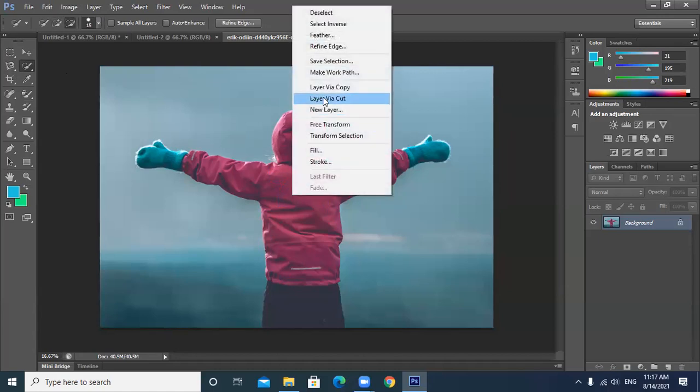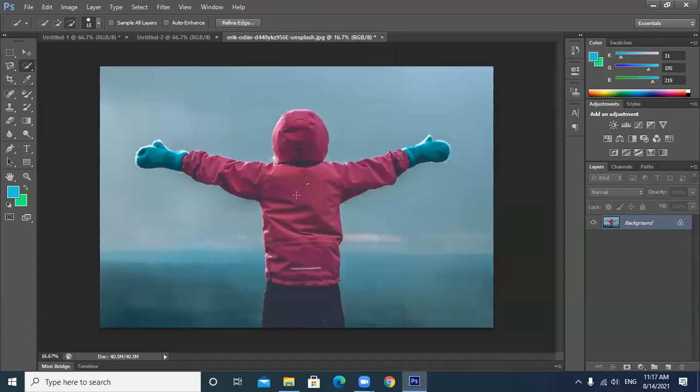It is again hanging, the system. Okay. Reducing the brush size a little so that it can just select the jacket.